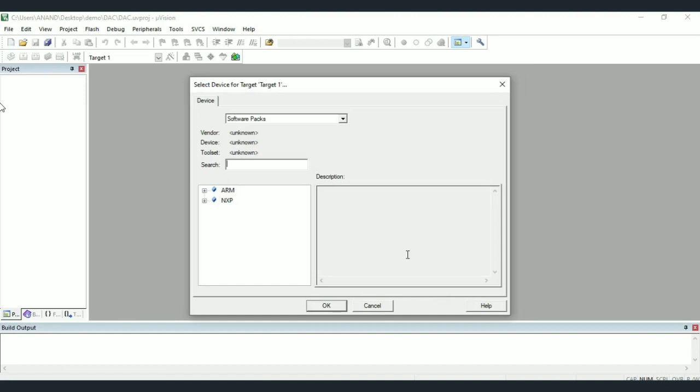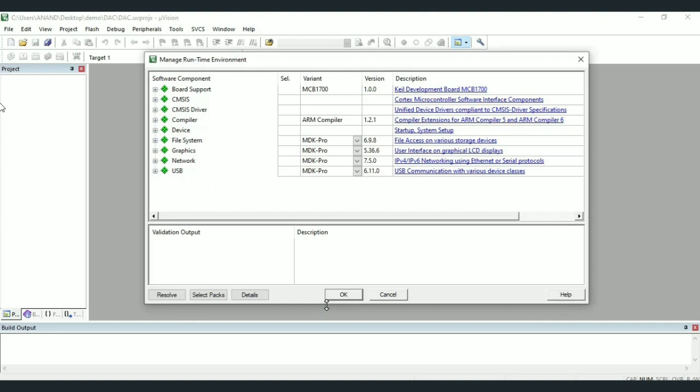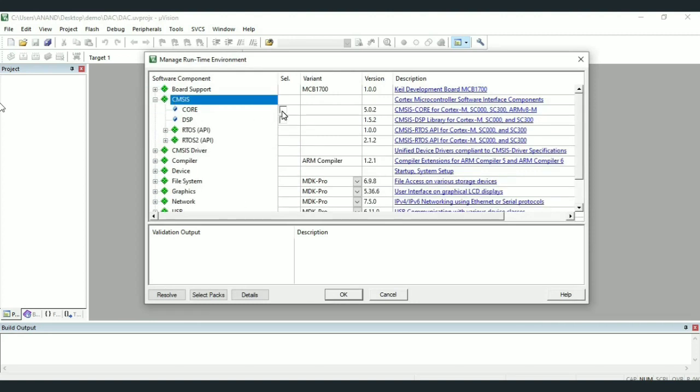Then we need to select the target. So NXP, LPC1700 series, then LPC17XX. Next, we should select LPC1768. Here we need to expand CMSIS and select core.